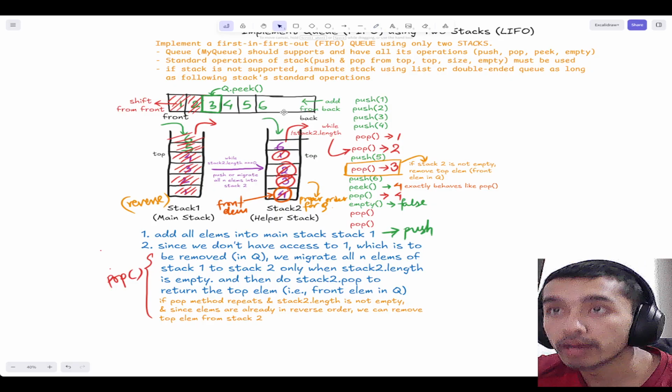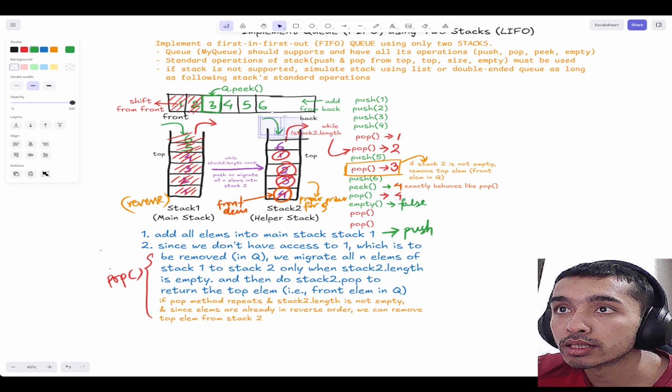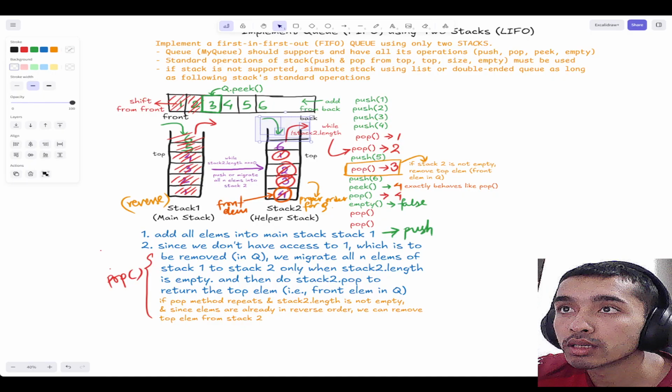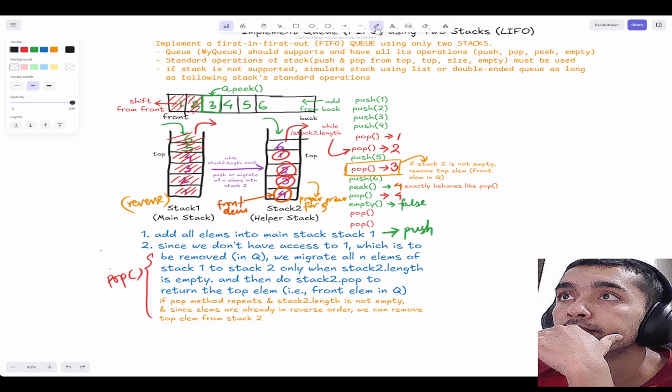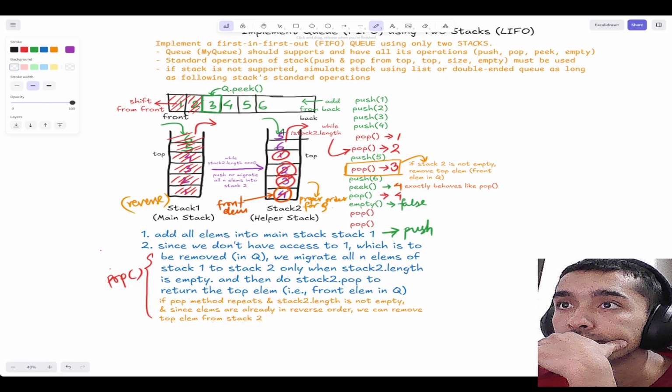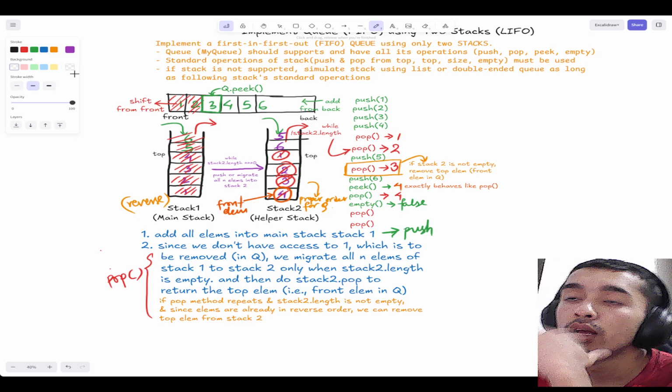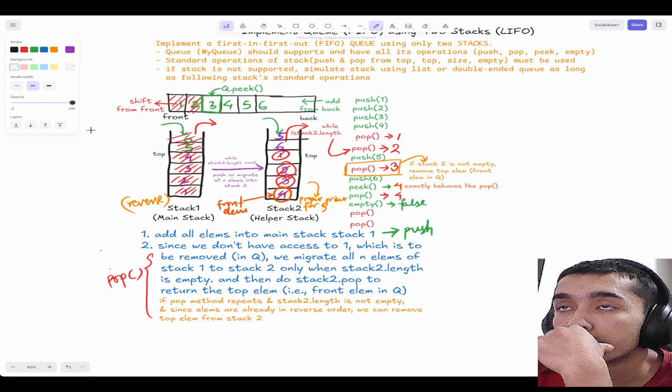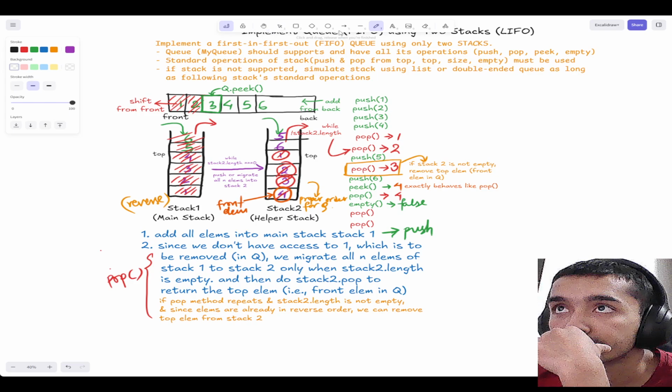All elements will be migrated. So 5 will be down, 5 will be here. So when pop method comes in first,